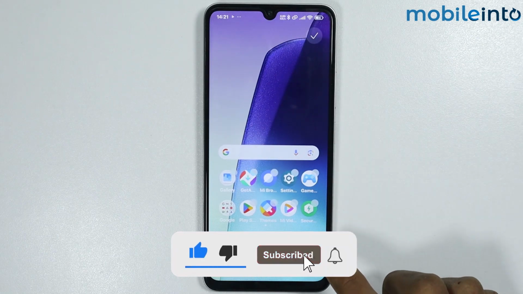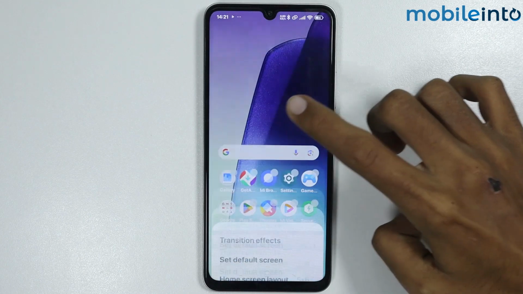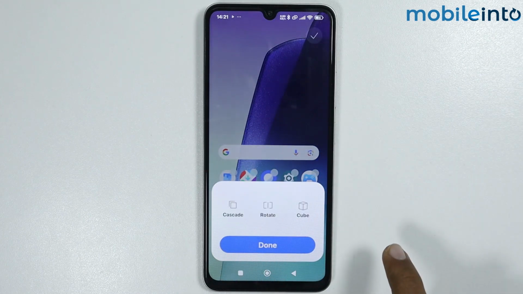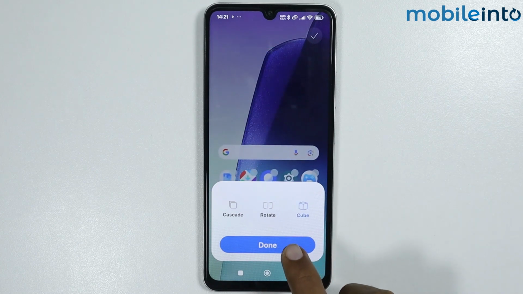Now from here, tap on settings. Now from here, tap on transition effects. Now from here, select any effect you like. Now for an example, if you select cube and tap on done,